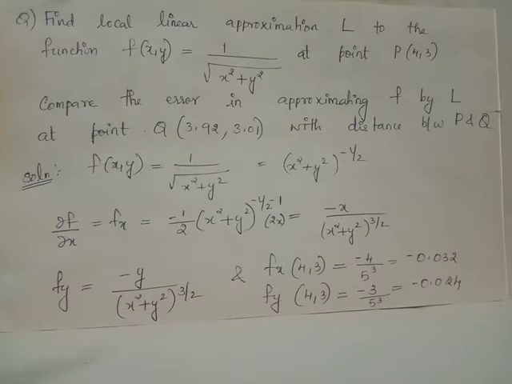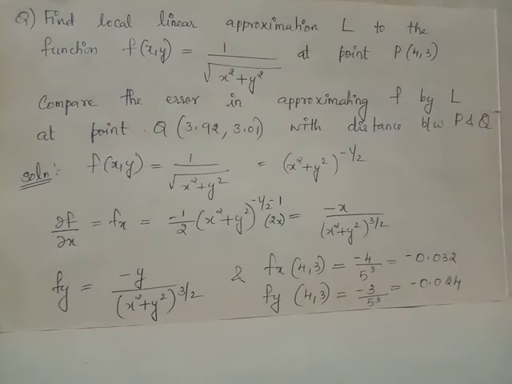When you give x equals 4 and y equals 3, denominator becomes 4 square plus 3 square the whole raised to 3 by 2, which is 25 the whole raised to 3 by 2. When 25 is written as 5 square, we obtain the denominator as 5 square the whole raised to 3 by 2. In the power part, 2 gets cancelled and the power of 5 is obtained as 3. Thus we have denominators obtained as 5 cube.